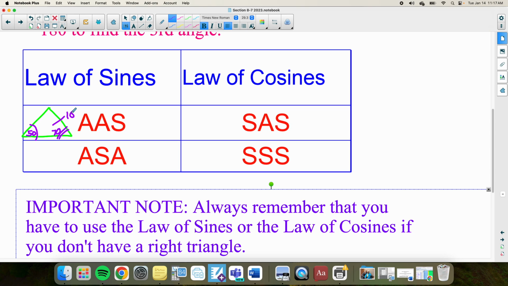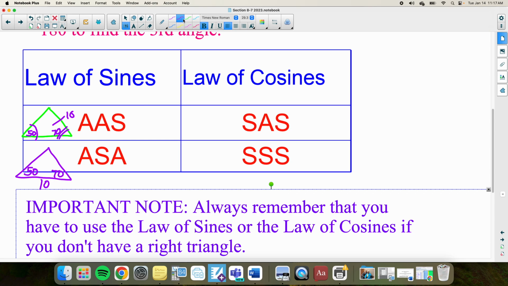Angle, side, angle was another spot where this worked. And this is 50, say this is 70, and say this side is 10. That's angle, side, angle. Okay? Now, for law of cosines